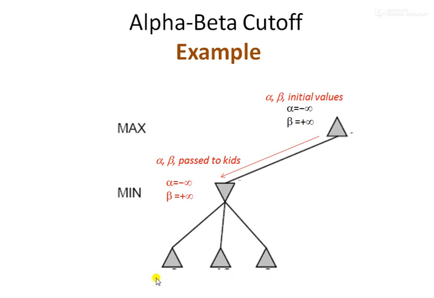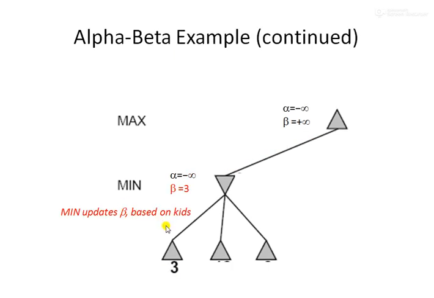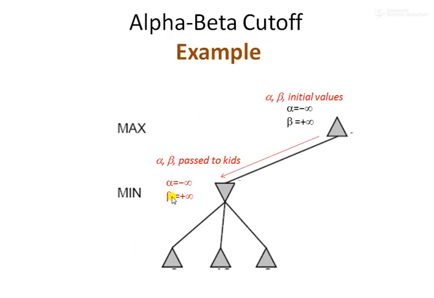Let us see. Whenever it gets some values, they will be compared with the values over here. So it is 3, right? So 3 will be updated for the beta value. Because, going back, beta value presently is positive infinity, and the value that we have got here is 3, right? So which one is minimum, 3 or positive infinity? Definitely the minimum value is 3, right? So the beta value will be updated here because it is for the min term.